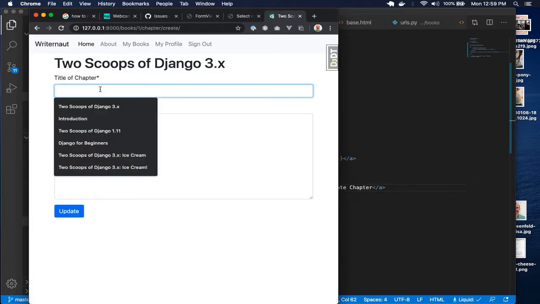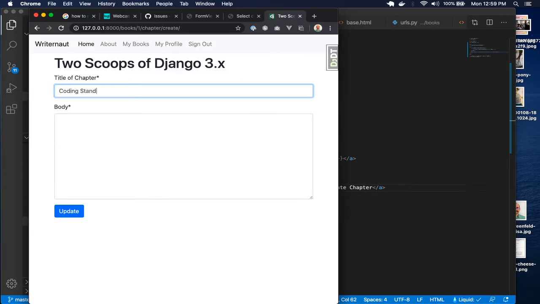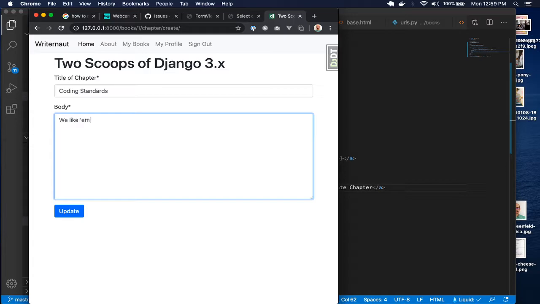We'll call this coding standards. And we won't put a number. We're going to handle numbers differently. We like them. And so now,